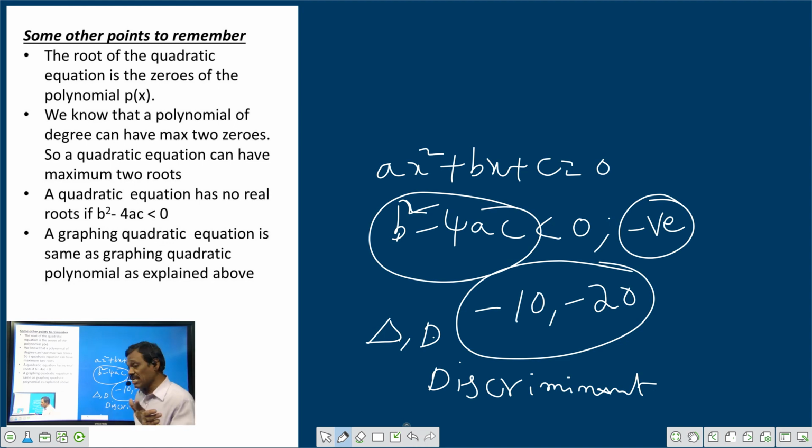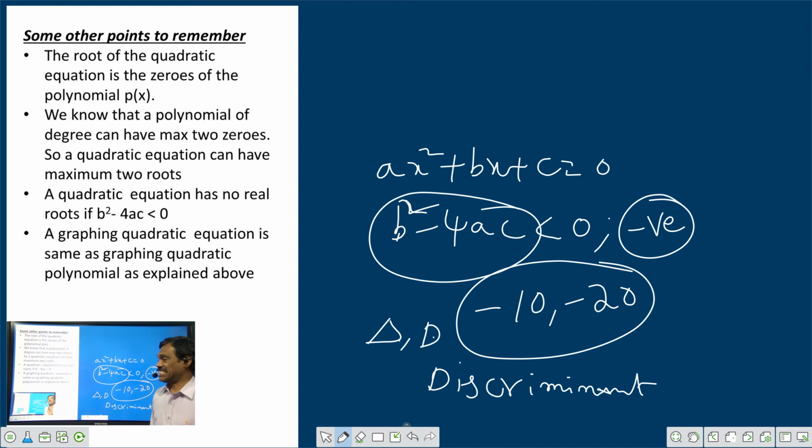Even though the discriminant is negative, the quadratic equation will have its own 2 roots, but those 2 roots are not real. Don't think that the quadratic won't have any roots. It will have roots. The thing is that they are imaginary. In 11th class we will deal with complex numbers. As far as 10th class standard knowledge is concerned,